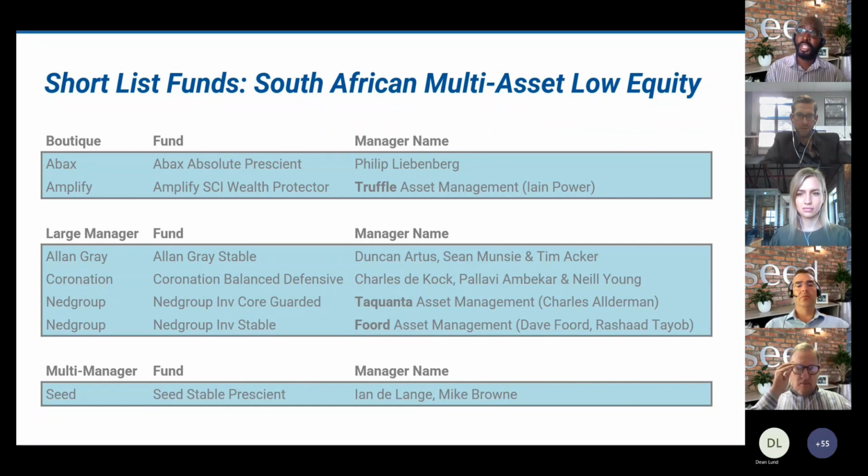The second fund that I would also like to highlight is the MNG Inflation Plus Fund, which I don't have on this list, but is actually a multi-asset low equity fund. This fund is quite aggressively managed, or has a loftier return target, CPI plus 5%. So it tends to be more aggressive and more volatile than your normal low equity funds. We think it's a good fund, and we tend to recommend grouping that fund with medium equity type of funds.